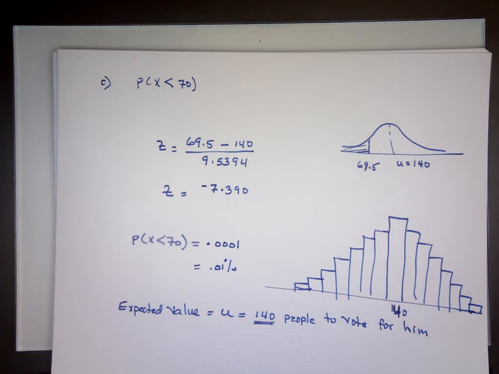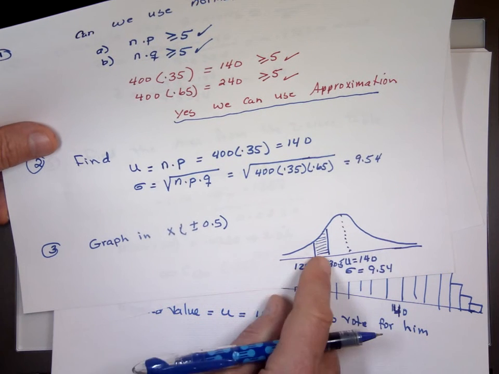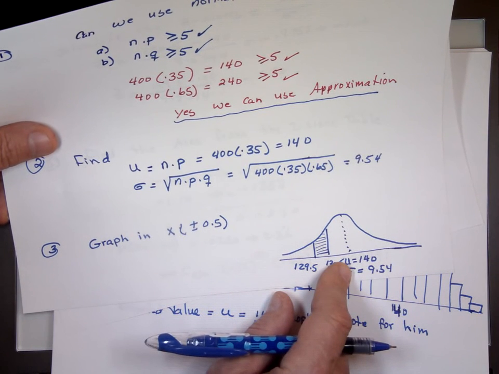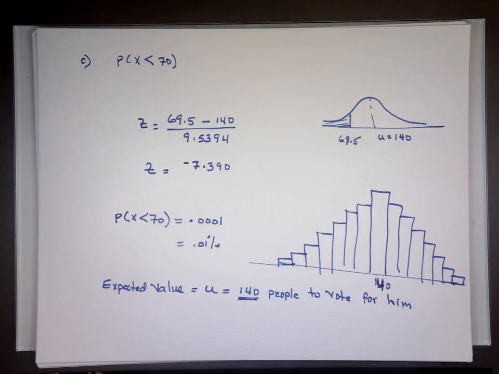Then you're going to use the normal approximation to binomial. For a single value, I'll go half before and half after. For more than, for example, 140 or 120 to vote for him, there's a lot of values, 280 values to calculate. None of us want to do 280 calculations. Even Excel, I still don't want to deal with it. Or less than 70, from 0 to 69, that's 70 values I got to calculate. I don't want to do 70 values either. I'll use the normal approximation to binomial.